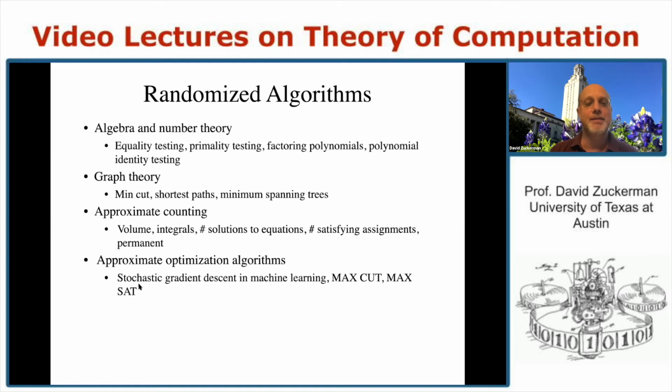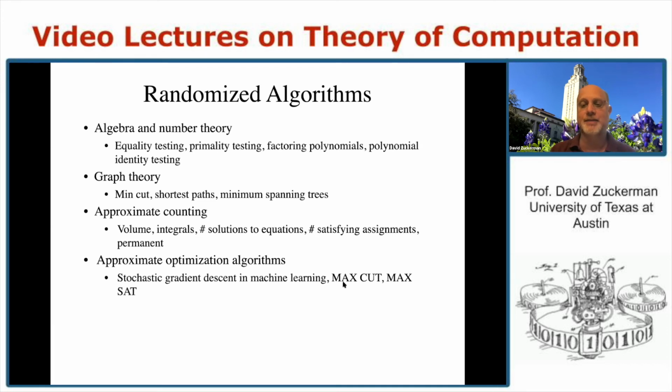As you may know, stochastic gradient descent is a randomized algorithm that's extraordinarily useful in machine learning. Most of the advances that you see coming out in artificial intelligence trace back to the effectiveness of stochastic gradient descent. It's also useful in